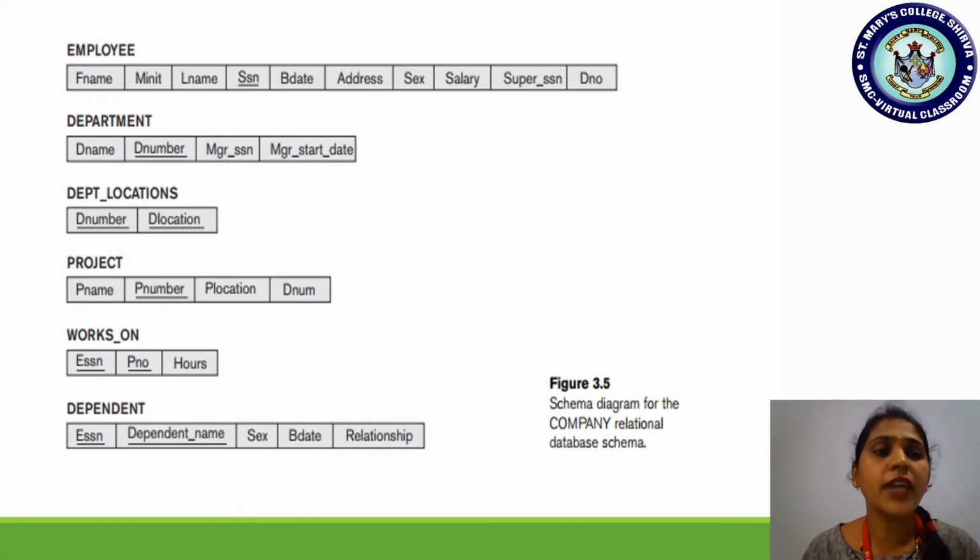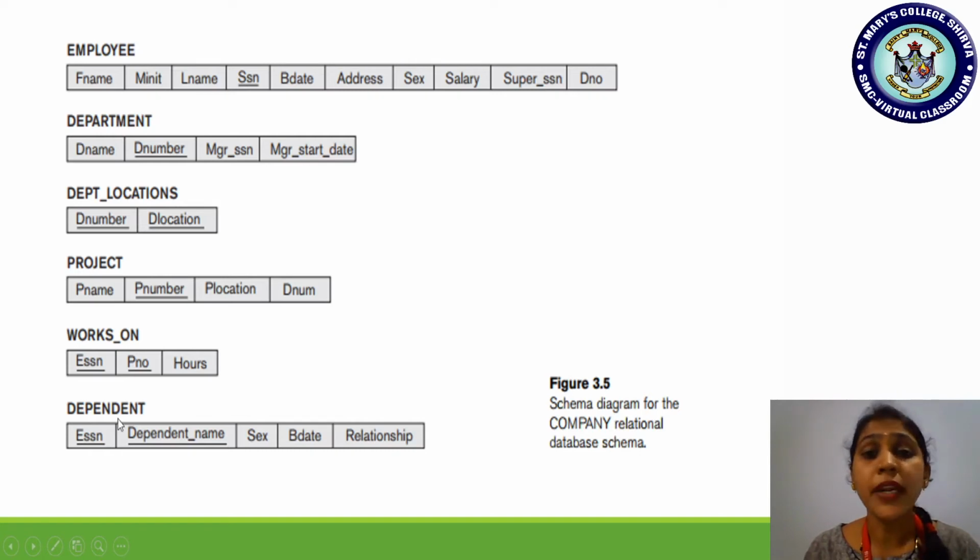So they have taken the employee primary key SSN and the project primary key P number. Both primary keys they have taken here. Are you all understanding? Then each employee is working for how many hours, so the hours attribute is added. Did you all understand? So like this we are representing the relational database schema.